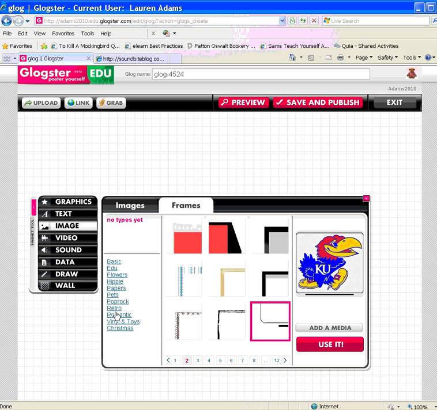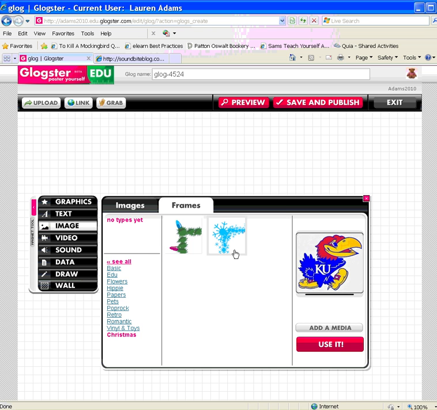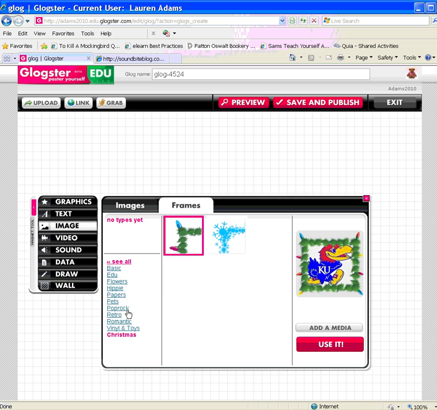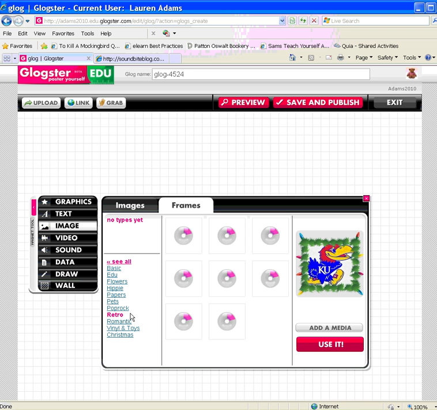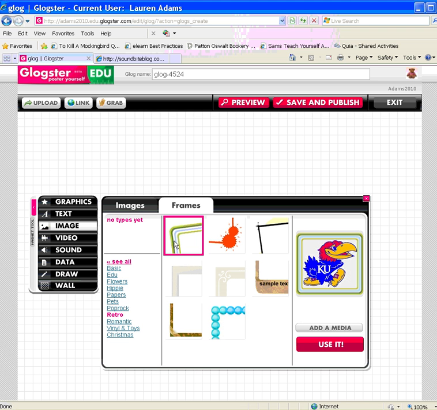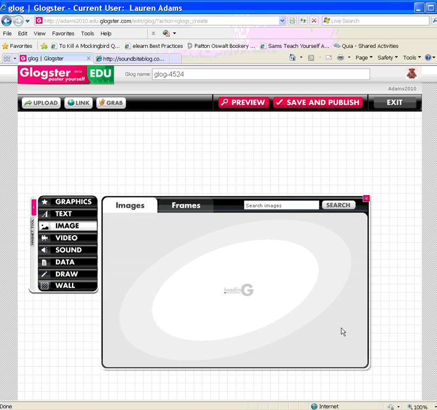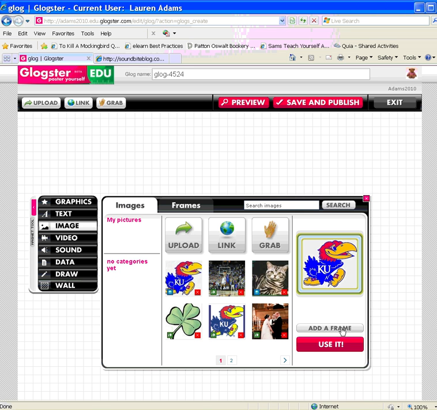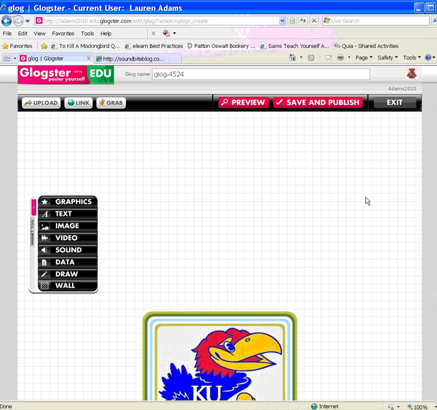So you do have quite a few options. You could do Christmas Jayhawk, depending on what you like and what fits your needs. So this one I like, so I can click Add a Media, and I can click Use It, and it's now on my glog. Now that I have the pictures that I would like, I can close my image window, and I'm ready to